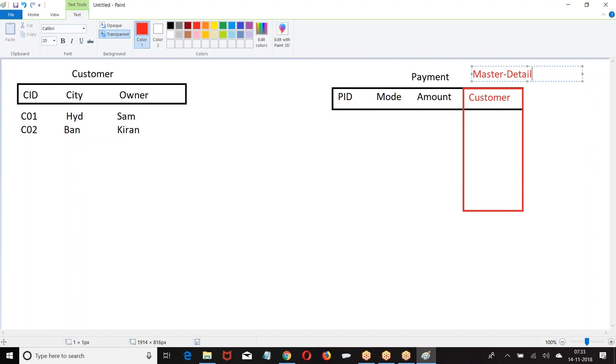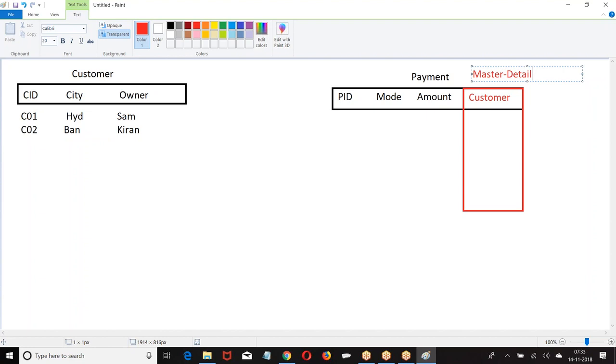You cannot leave this field blank. It is a must. The value of the field should be entered. You cannot create a child without giving the master data.